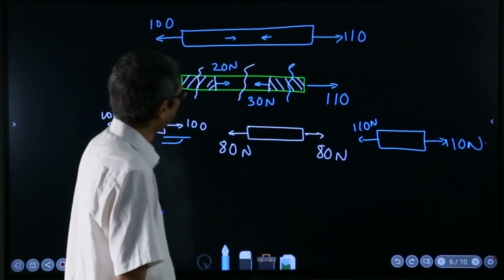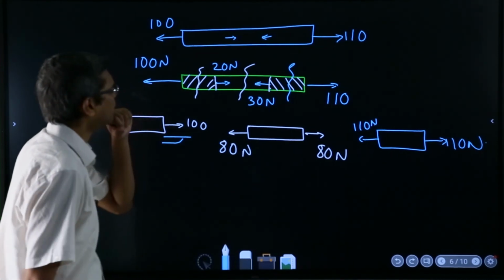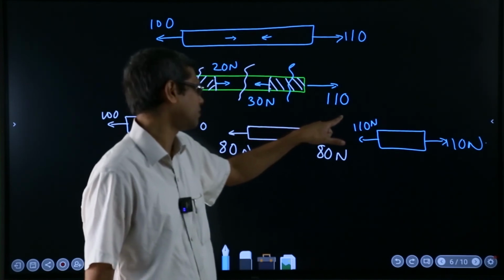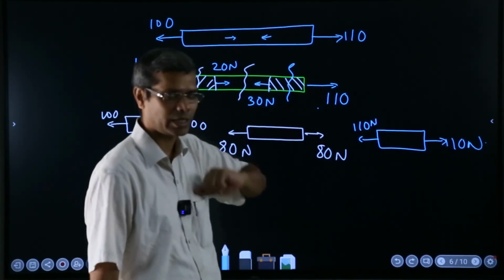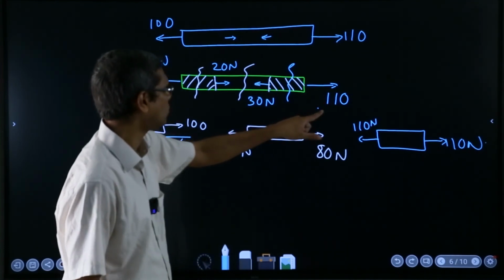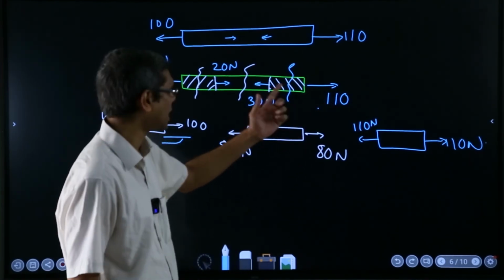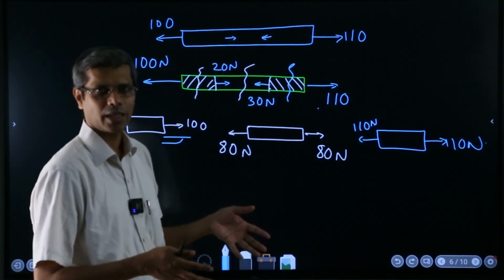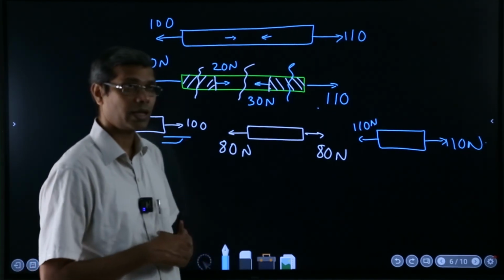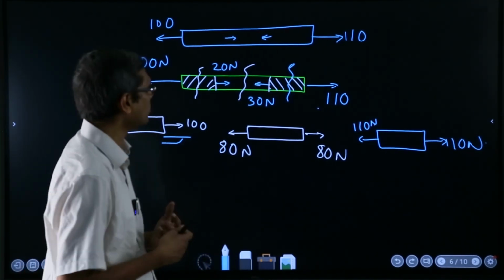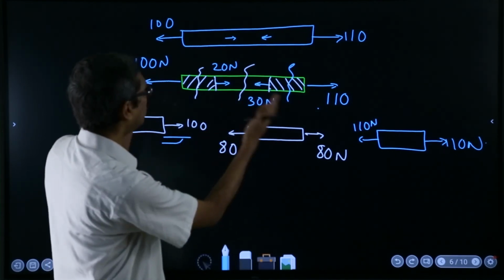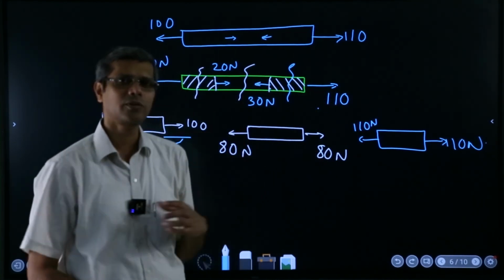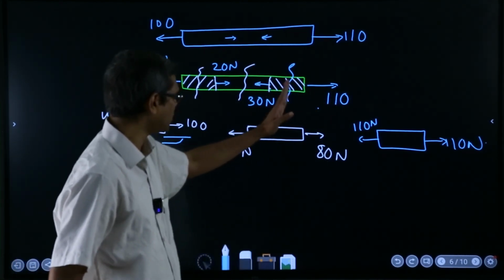Okay, I want to say something. In some cases, by mistake I had written it there, say 150 in place of 110. If I don't put 110 and I write 150, what will happen? This whole body will start moving, right, because it is not in equilibrium. Then it will have an acceleration as a whole body. If it is not bound by anything, and only these are the forces existing, it will start moving, and because of that acceleration there will be a gradual